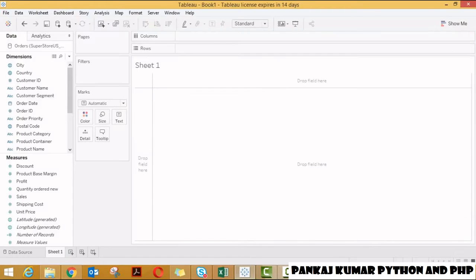Okay, so guys, once you click, now I have one new worksheet where I can create my own visualizations, and this is the data. Now what Tableau will do internally is divide all the variables into two parts: one is dimensions, and the other is measures. Tableau assumes all the categorical variables fall under the dimensions, and all the continuous variables are considered as the dependent variables.